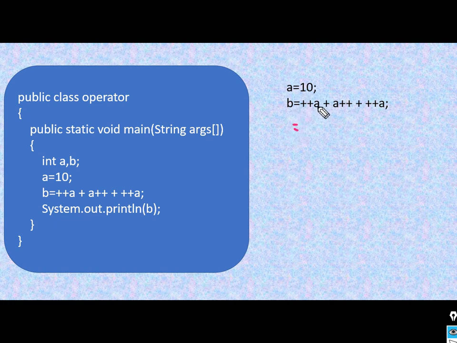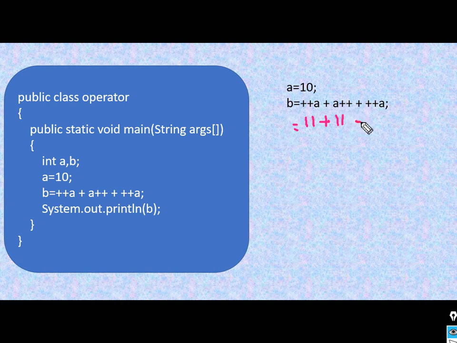So here plus plus a, so this a's value will be incremented by 1 first because this is prefix. So here this will be 11 plus, now here we have a plus plus, which means this is in postfix notation. Just now we studied that in postfix notation first the original value of the variable will be taken and then it will be incremented. So here at present the value of a is 11, so first we will take 11 only, then its value will be incremented. Now here plus plus means it will become 12.